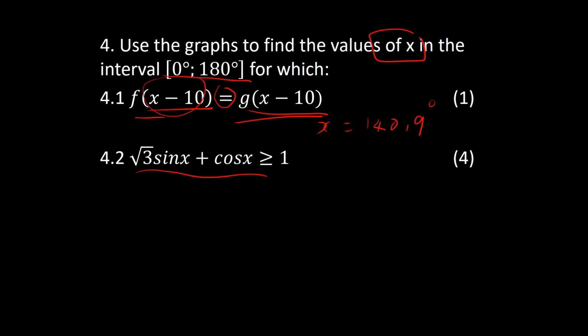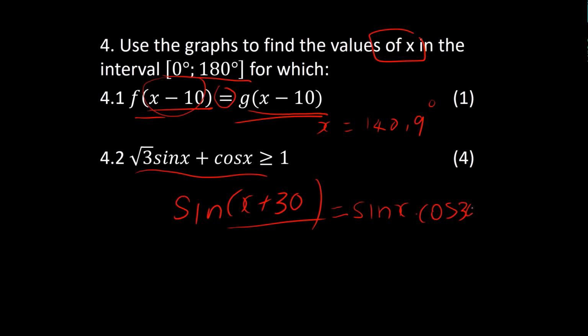If you just look at that inequality by itself, it requires quite a lot of work. But if you remember that you were actually given the graph of sine of x plus 30 degrees, it might then not require so much work. Why do I say that? Well, this I recognize as a compound angle, sine of a plus b. So the expansion of sine of x plus 30 is sine x times cos 30 plus cos x